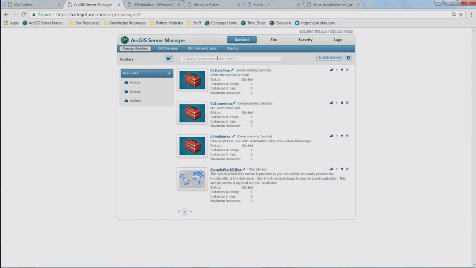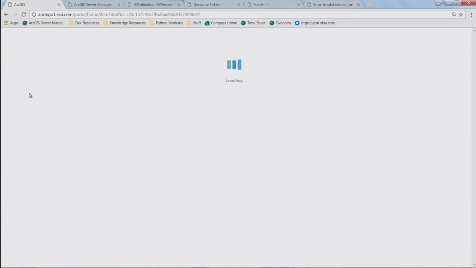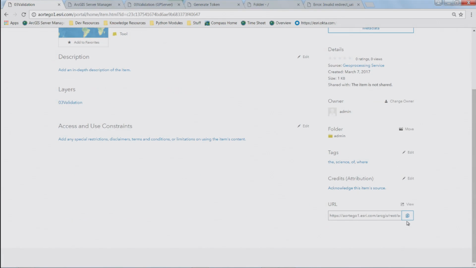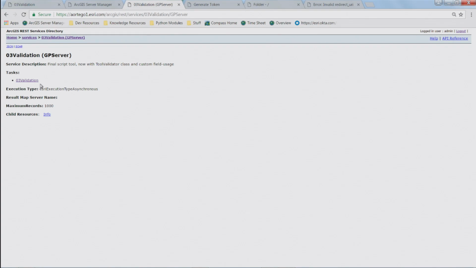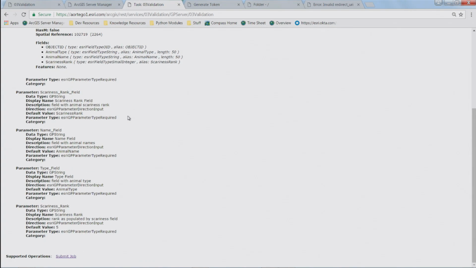These are the tools that I've published, and then I can find those REST endpoints here on my portal. So if I go to the third tool, the validation tool, which had those drop downs, I can find the REST endpoint right here on the item page, the URL. If I click on that, it'll take me here. I can then utilize that task or that tool RESTfully by opening it up and going to the submit job